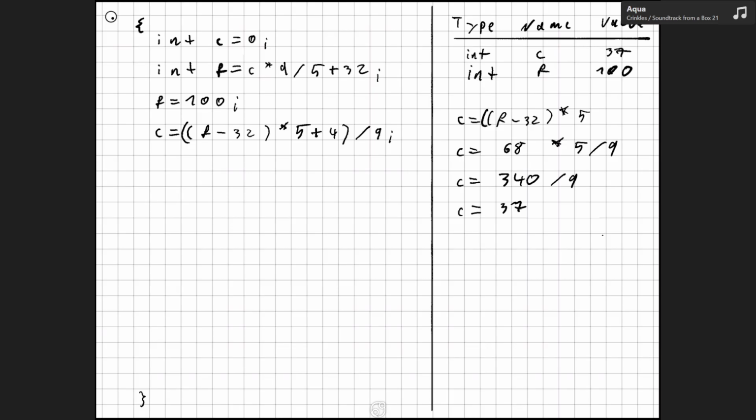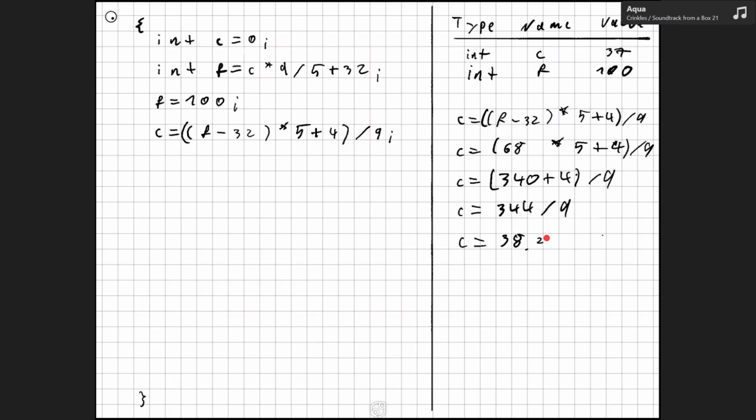So doing that here, plus 4 divided by 9. So we end up with 344 divided by 9, which, I'm just gonna fast forward, is gonna end up with a